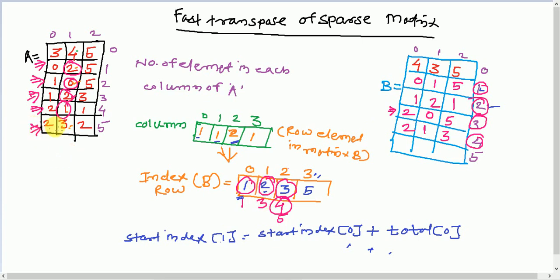We'll increment the next k. k is pointing to the third row. The start index of the third row is 5. So at 5 we will put 3 as a row, which was a column, and 2 as column, and value as 2. Next time k will go beyond the total number of elements and our algorithm terminates over here. So if we look carefully here, ideally speaking, there is no nested for loop. We are traversing this matrix A only one time. So that is basically a fast transpose for a sparse matrix.